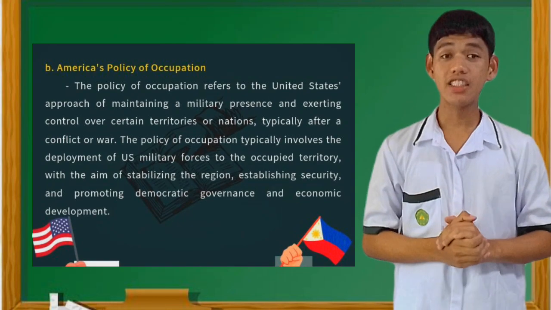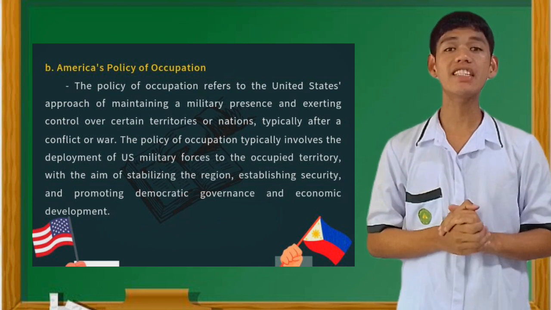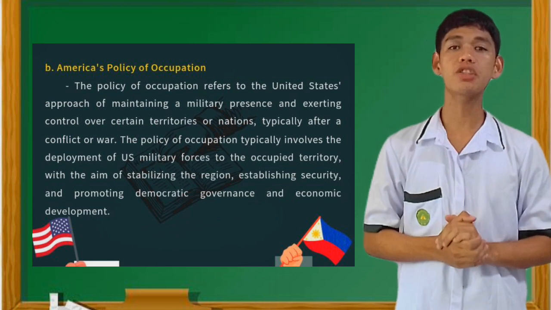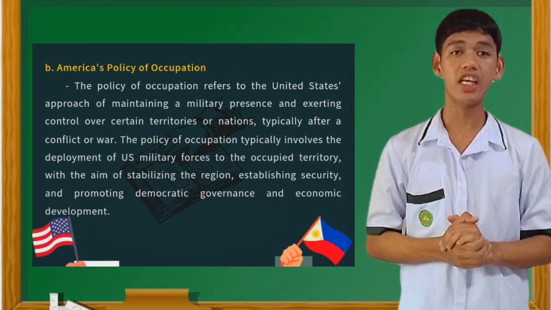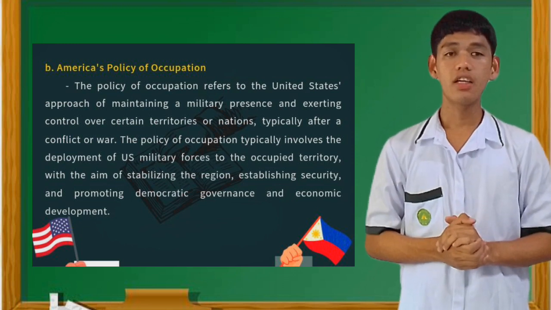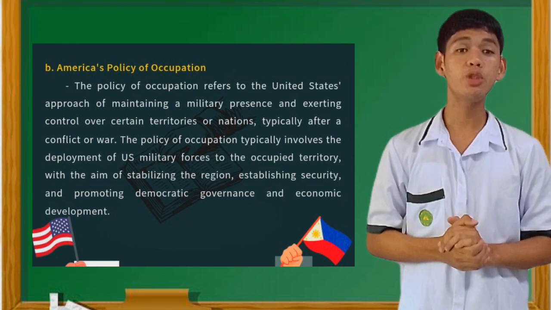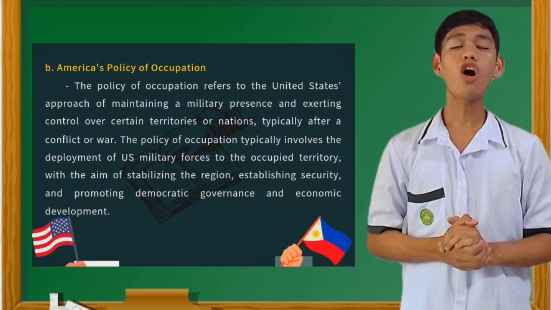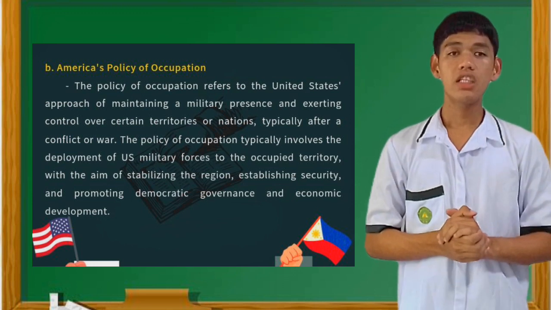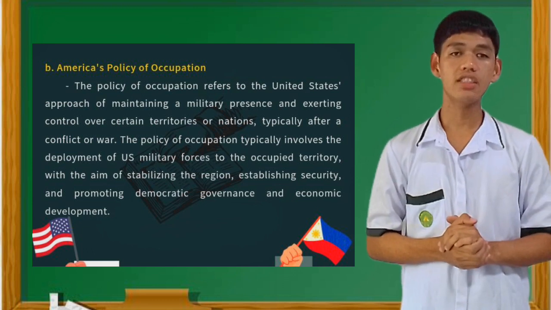Next is America's policy of occupation. The policy of occupation refers to the United States' approach of maintaining a military presence and exerting control over certain territories or nations. It is typically after a conflict or war. The policy of occupation typically involves the deployment of U.S. military force to the occupied territory, with the aim of stabilizing the region, stabilizing security, and promoting democratic governance and